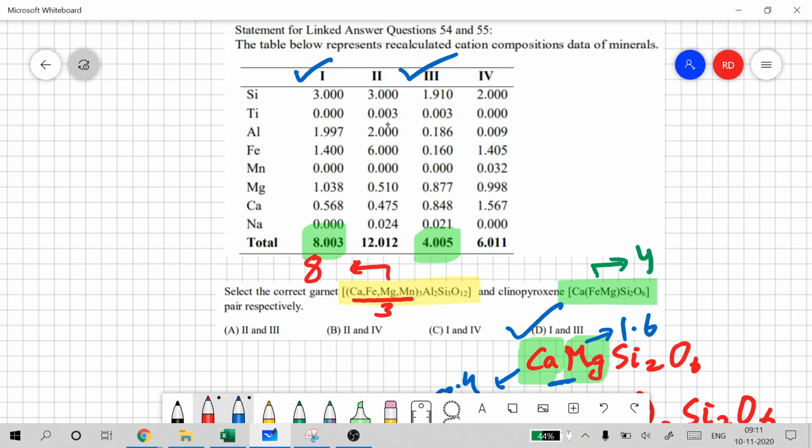Now why is it challenging here? Because some of you got confused, because in a solid solution formula one can replace another. How much is present? We don't know about that. This is in solid solution, so one can replace another, but first look at things which are fixed. That is the first thing that you will look at.